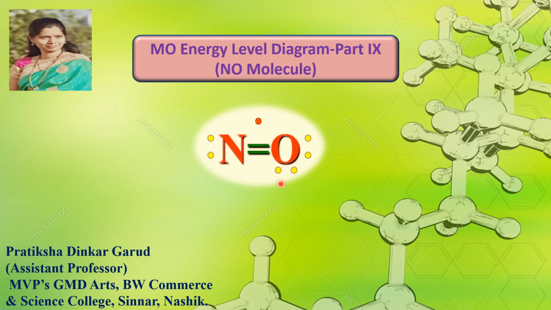Now this is the structure of the NO molecule. Here, between the two atoms, nitrogen and oxygen, there is a double bond formation. Double bond means it has one sigma bond and one pi bond. Then this molecule consists of three lone pairs. Out of these three lone pairs, one lone pair is present on the nitrogen atom and the remaining two lone pairs are present on the oxygen atom. Along with these three lone pairs, there is one unpaired electron on this molecule. So we can say that this nitric oxide is a free radical because it has an unpaired electron.